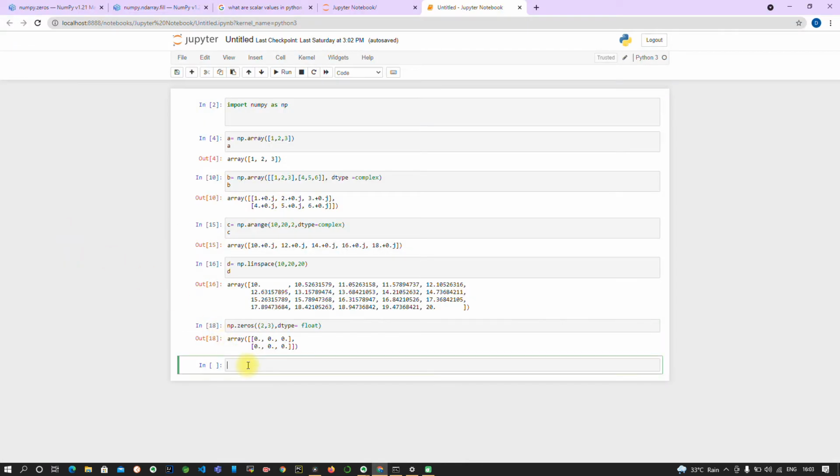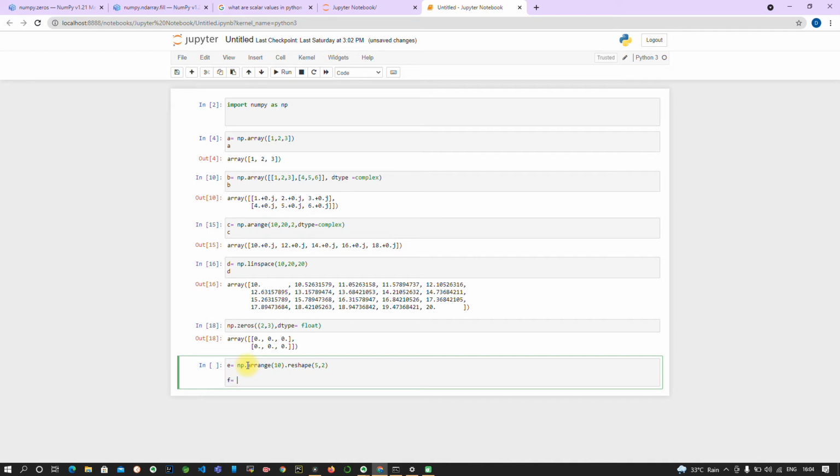So let's create an array for this: np dot arange 10, dot reshape. You can use it like this also, 5 and 2. I have created an array with 5 rows and 2 columns. Then we have to use np dot zeros_like.